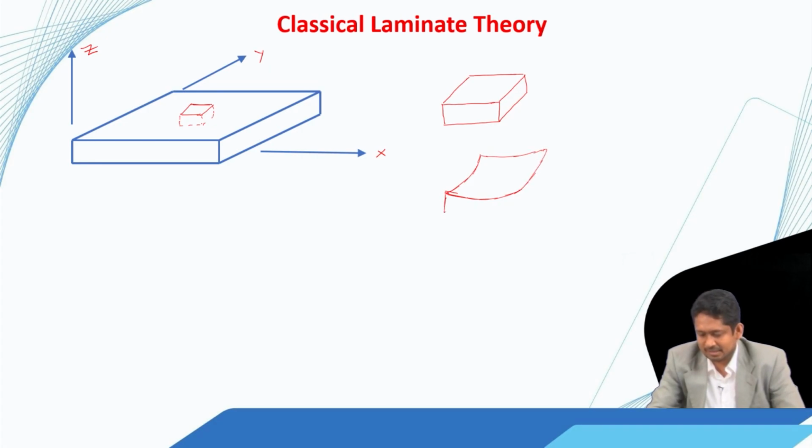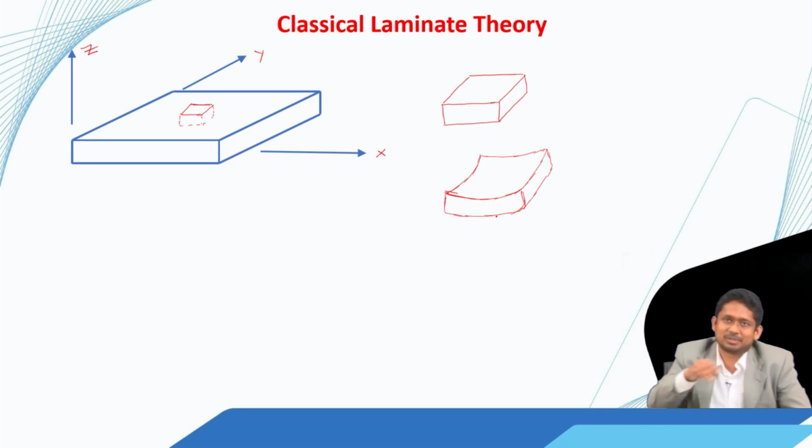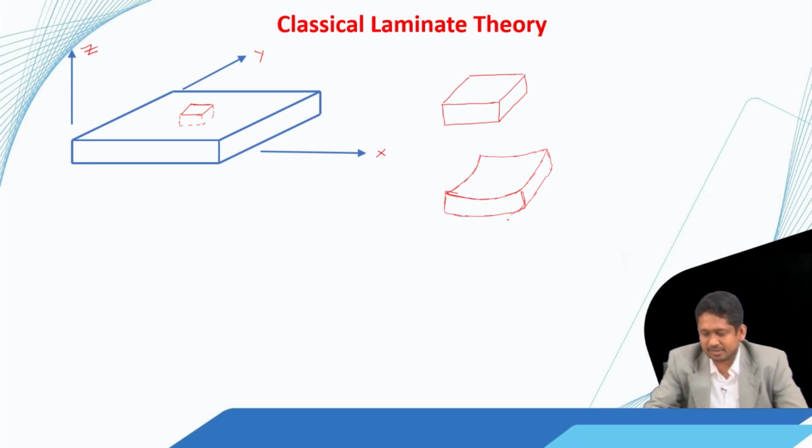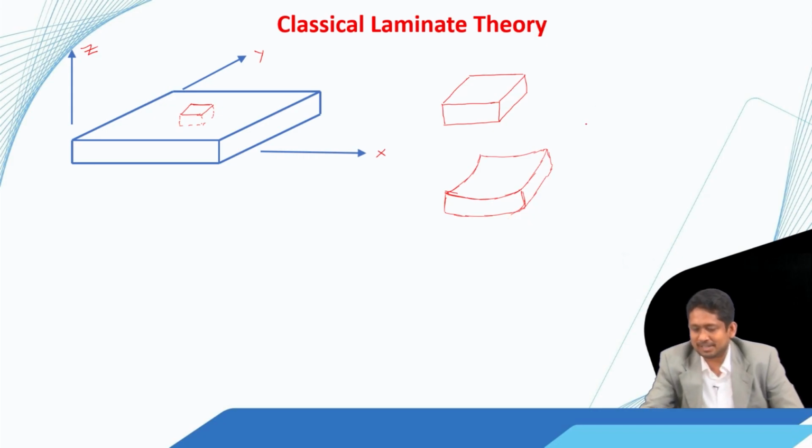After bending, the same small piece that we took out would look like this. So, it is a biaxial bending, with respect to this as well as the other direction. And then on top of that there can be, or I would say there would be,